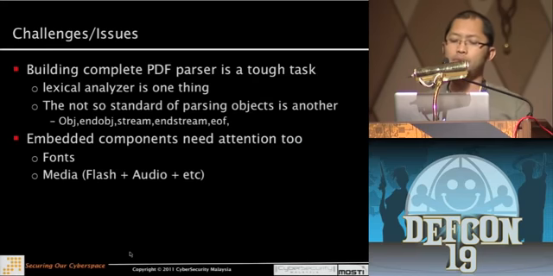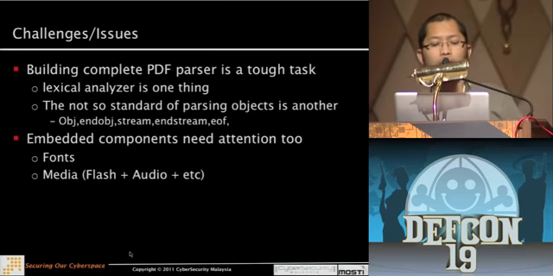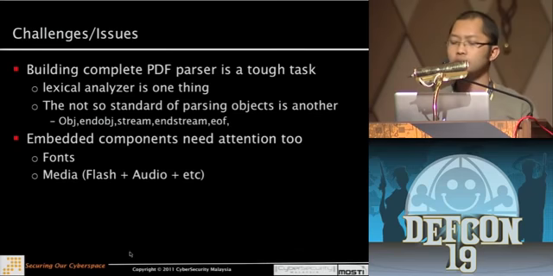I would say building a complete PDF parser is a very tough task. Having a lexical analyzer is one thing, but parsing non-standard objects is another. Embedded components also need attention, like fonts. How many exploits are leveraged on fonts? Recently on iOS, JailbreakMe 3 also started from a font, right? And of course, media, Flash, audio, and so on are also main problems to address within the PDF